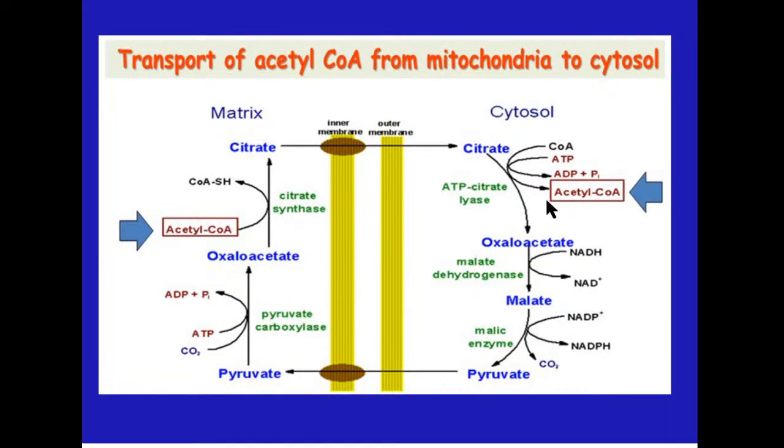So this acetyl-CoA and its equivalents, this is the so-called citrate shuttle, or simply the mechanism to transport acetyl-CoA from mitochondria to the cytosol. Then you know that citrate is converted to oxaloacetate, 4 carbon units, so 2 carbon units here and 6 carbon units here, which can be converted to malate with the help of malate dehydrogenase.